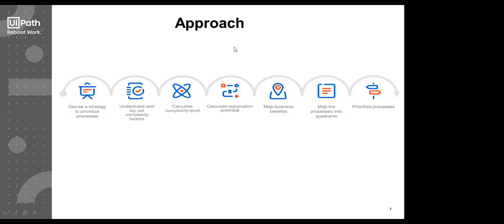Then you map the processes into quadrants. Now, if I talk about these quadrants, that also varies according to the setup you have in your team. It could be like you divide 4 quadrants and you map the process according to the complexity, that okay, this process is high complexity, this is low, this is medium, or you divide it on the basis of stability, that though the benefit is low but it's highly stable, or if it's very complex but it is highly stable when it is in production, and accordingly you map it into the quadrants.